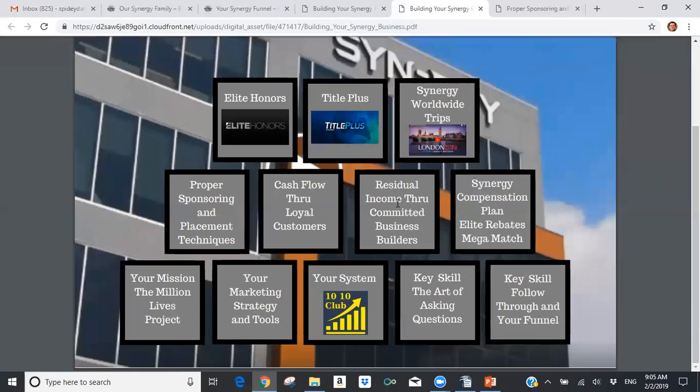And one of the things that we've done over the last month is we've been helping you systematically build your synergy funnel and systematically build your synergy organization with a solid foundation to be able to grow a successful synergy business. We talked about having your mission and the Million Lives Project and how to adapt that and how to do your elevator speech. We talked about your marketing strategy with you determining what that marketing strategy is going to be,